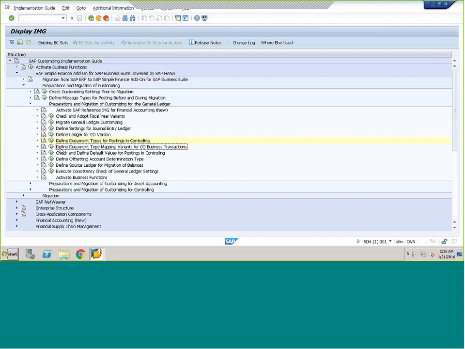At present, where are you posting the CO document types? In ECC, I'm talking about. In ECC, at present, there are no CO document types. So there is no posting in CO at present, you say? Posting in CO is happening, but it is only happening